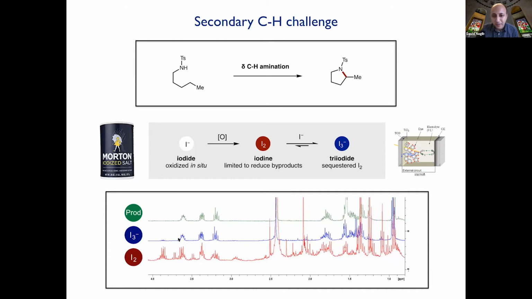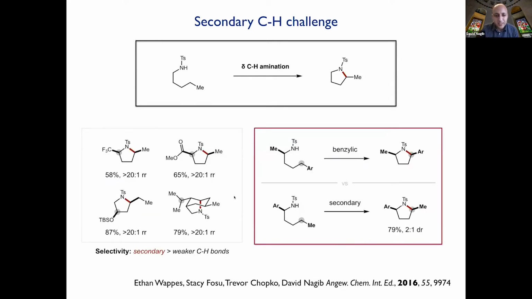And in blue here is the crude reaction using this triiodide strategy. You see a whole lot of product and not much else, really exquisite regioselectivity. And then of course in red here is the classic I2-mediated conditions, where there's some product, but a whole lot of other things as well. And so just kind of showcasing some of our favorite substrates from this first example of a secondary C–H amination